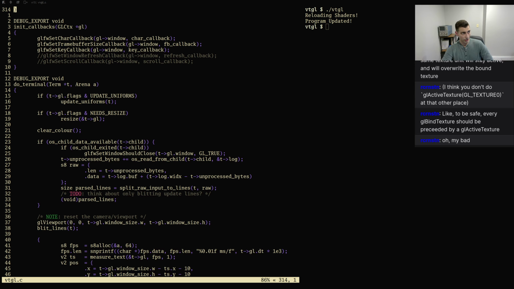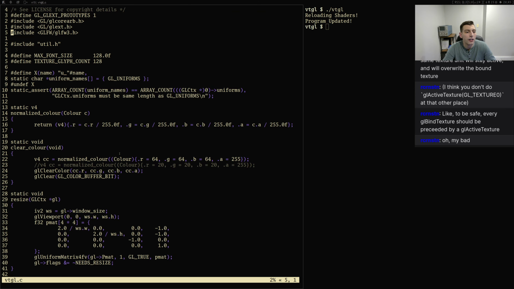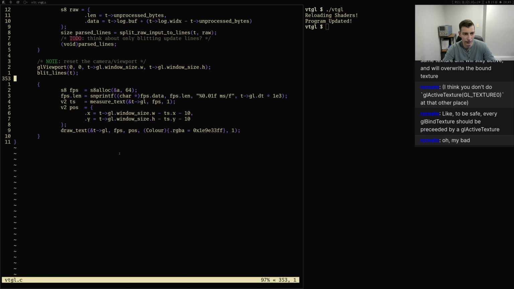So actually the difference here now is we just have a rectangle in the vertex object. So I just need to have a